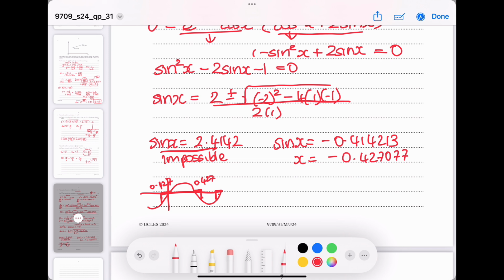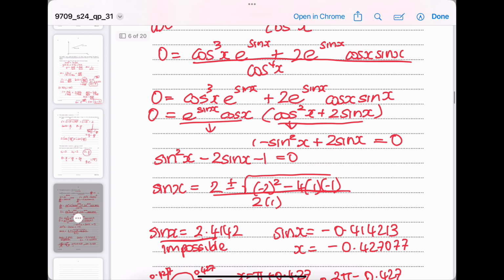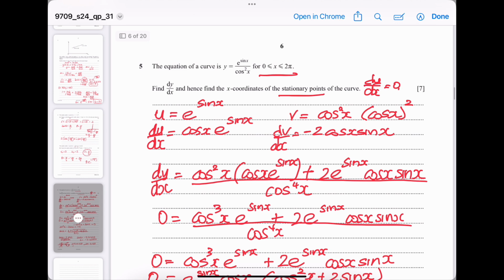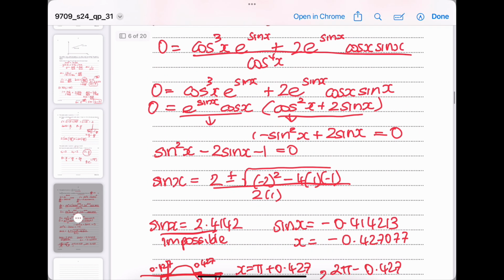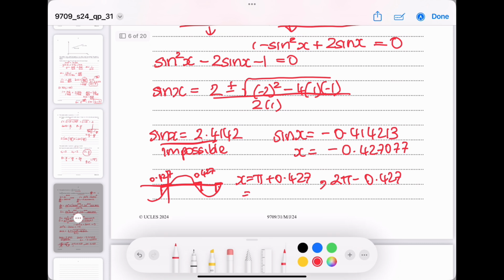So my values I'm looking for are pi plus 0.427 and 2 pi minus 0.427. Let me just double check on the rounding. They haven't specified, so let's do 3 significant figures. So 3.57 and